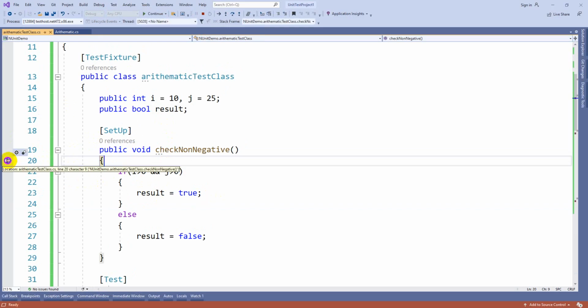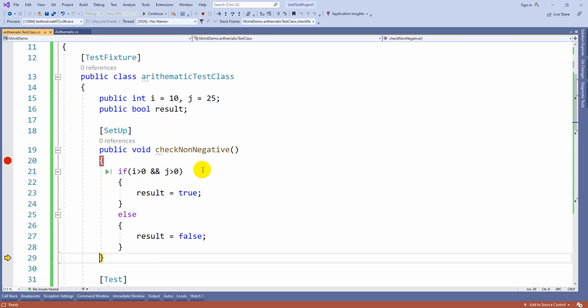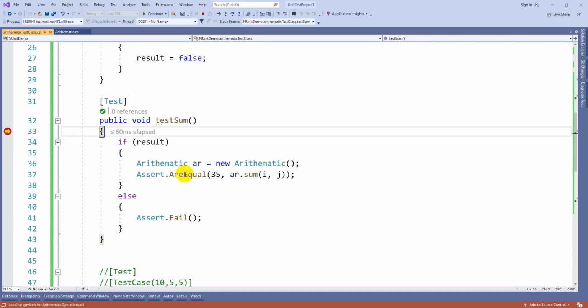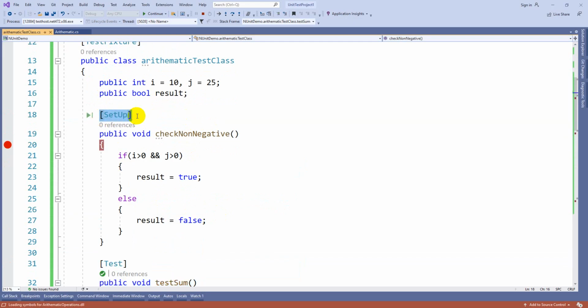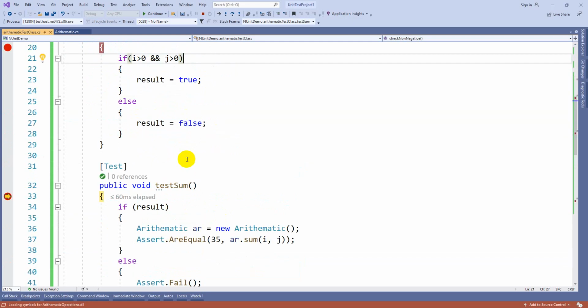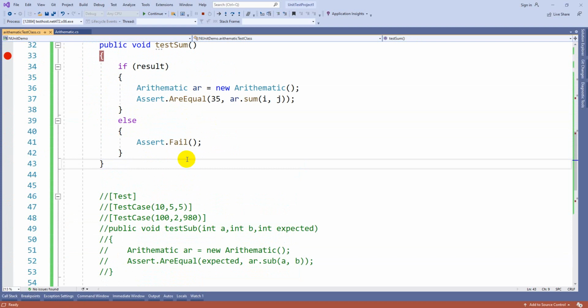You can see the debug point comes to this check non-negative even though there is no test. So now I am executing this so that the result will become true. After that it came to the test method. That means whenever you are using this SetUp annotation, that will get executed before every test case, not only one. So it passed.